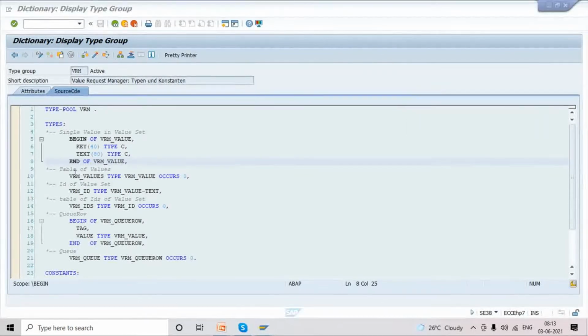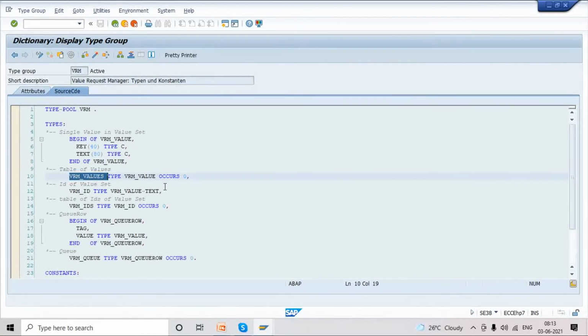Okay. So then this will act as a table type. How to create a global table type, guys? From data type. From SE11 we have to go to data type. There, the third option is table type. That is a global table type. How to create it programmatically? Syntax is types, table type name, and reference of table or table structure. Here SAP created it with reference of a structure. This is the structure name. So how many fields do we have in this structure? Key and text. So we have to use these two fields.